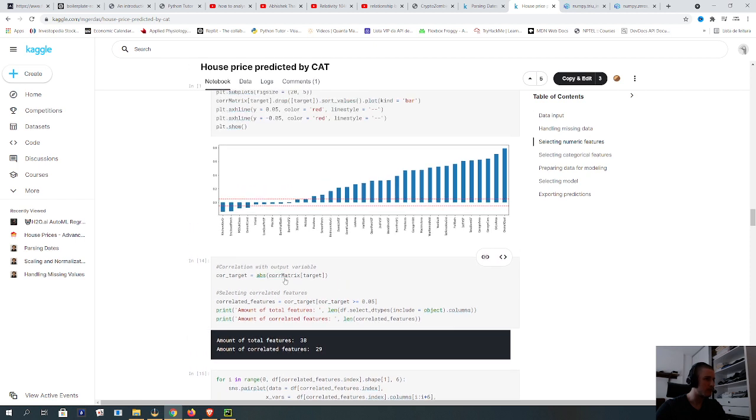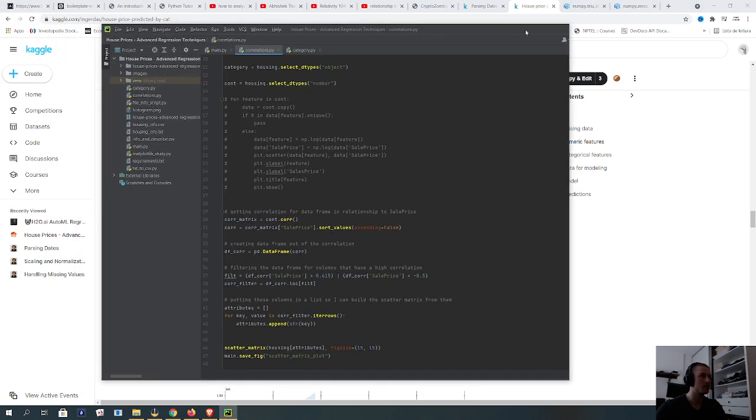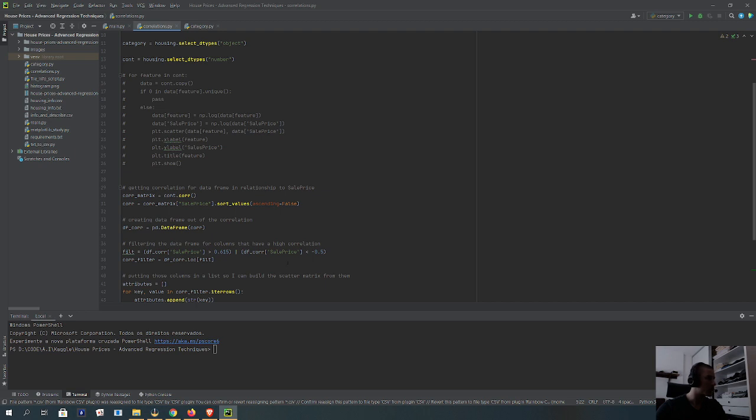So he's taking the correlations in relationship to the target, which is sale price. So he's getting the correlation between all the other features and sale price. And this is gonna return a series with the column and the correlation that they have with each of them. So the higher this number is, the more correlated the features are. And if it's negative, it's less correlated, and it goes from 0 to 1,